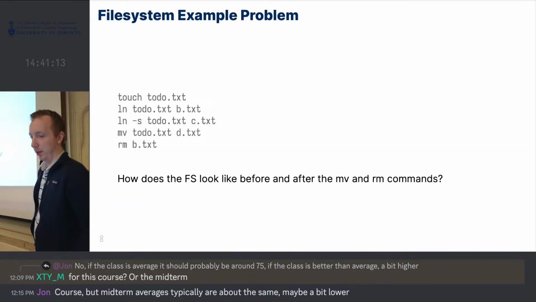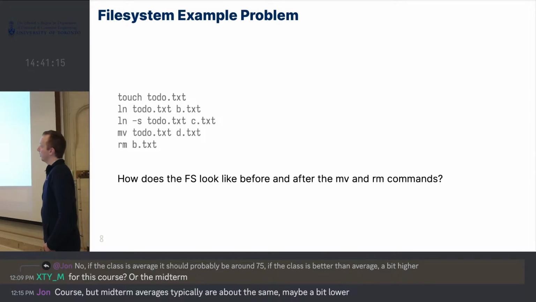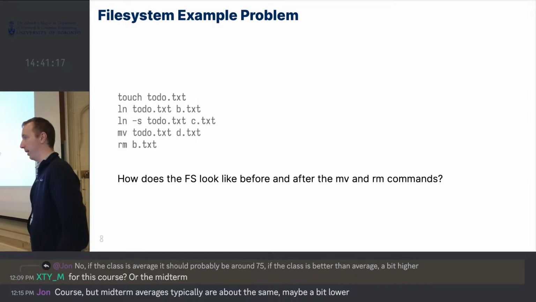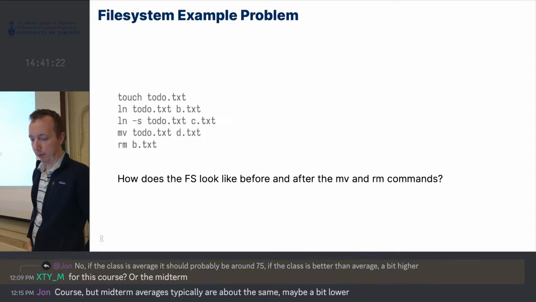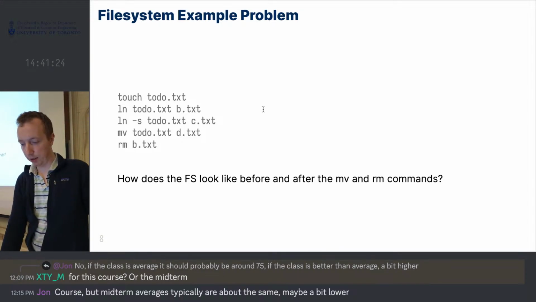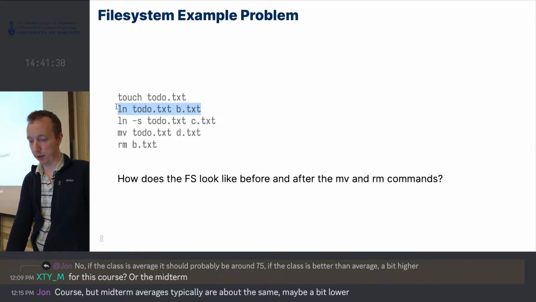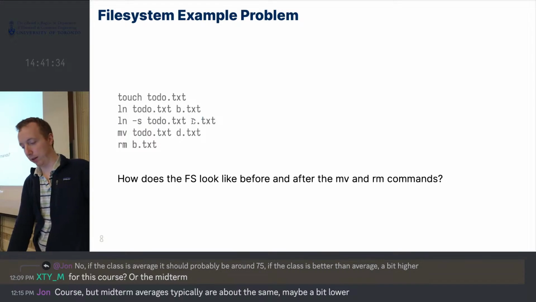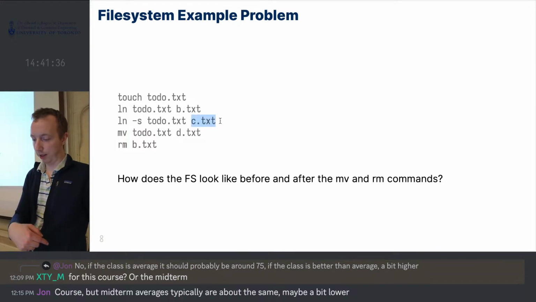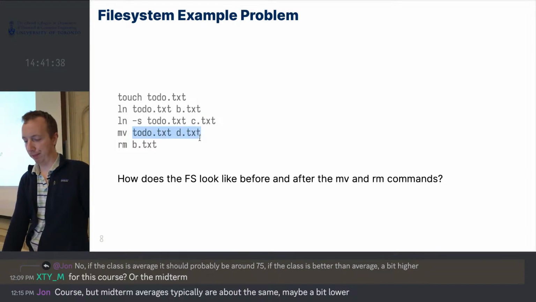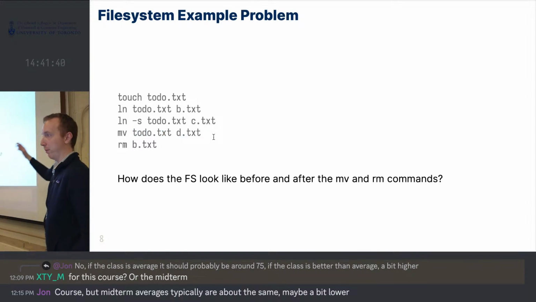So yeah, what about if we did all of this? So touch will just create a new file and reset all of the parameters of it, like all the timestamps. Then here we create a hard link called b.txt to refer to the same inode as to-do.txt. Then we create a soft link called c.txt that points to to-do.txt, and then, yeah, similarly for move,